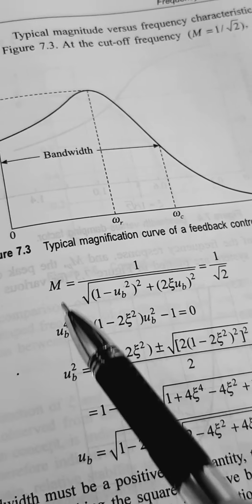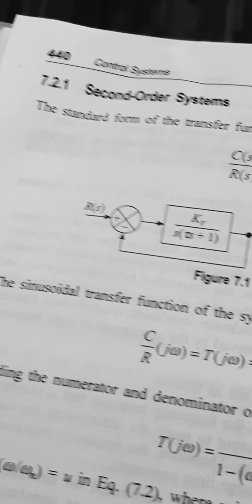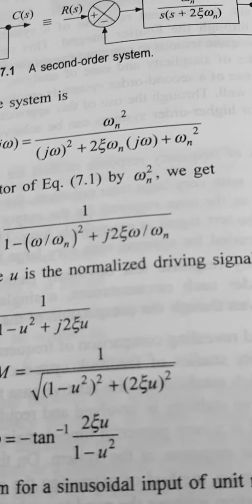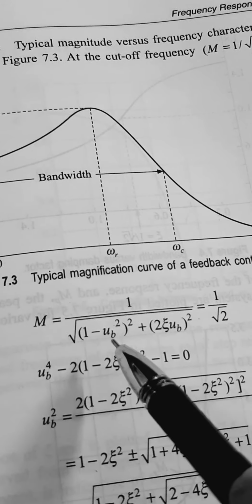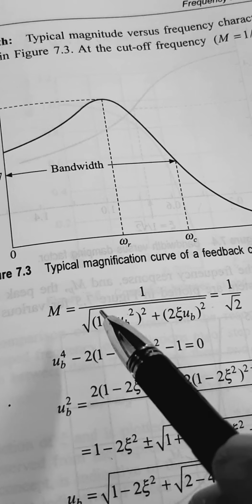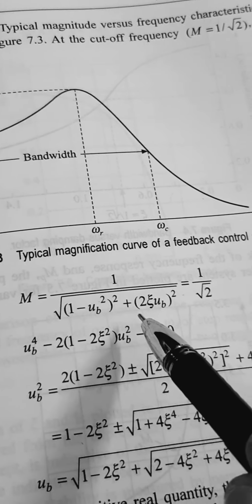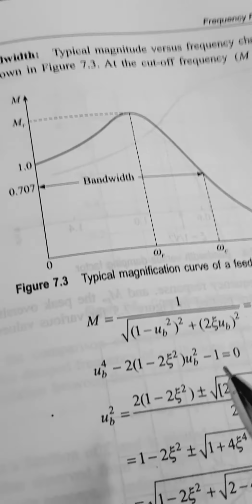Then M is equal to the usual expression, where u is replaced with ub. So you get 1 divided by square root of (1 minus ub square) whole square plus 2 psi ub square,